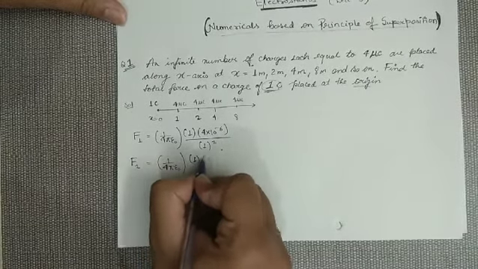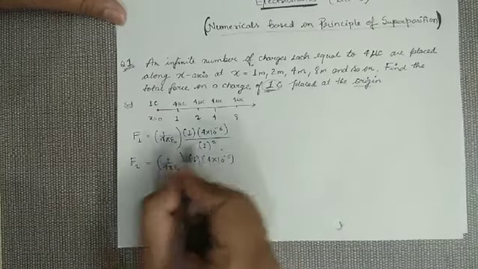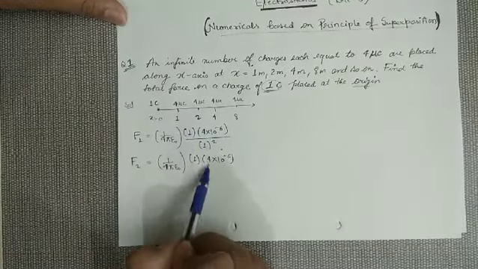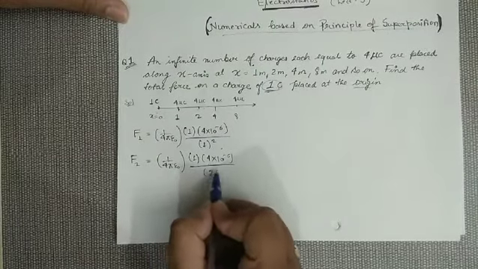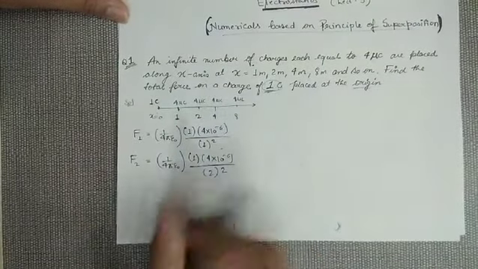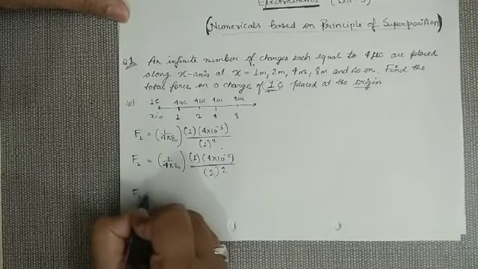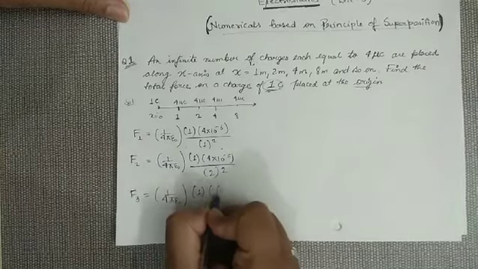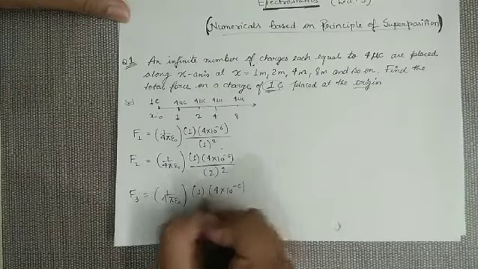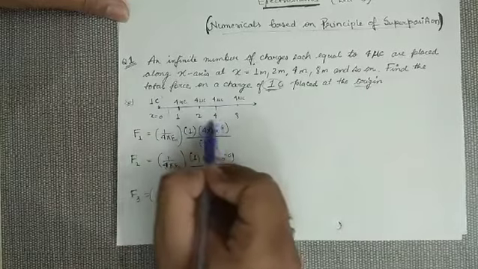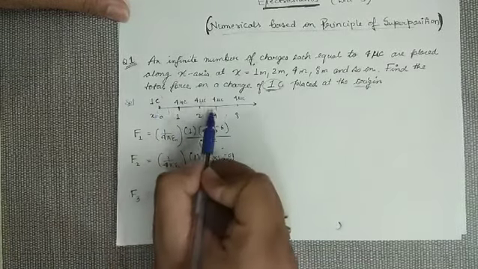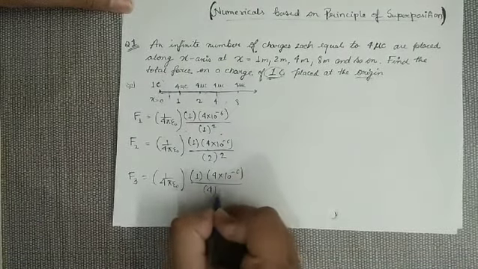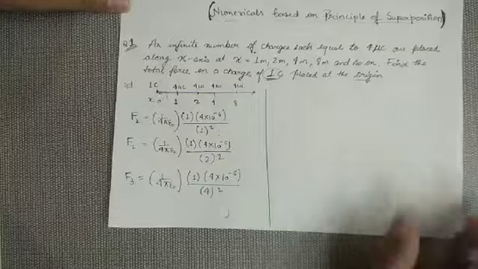first charge is 1 only, second charge is also 4 into 10 to the power minus 6. Now this time I am taking these two, origin and x equals 2. These two are taken here. So the distance will be the square of 2. So the third one will be, this time this charge and this x equals 4. This is x equal to 0. This is x equal to 4. So this complete distance is equal to 4. So the square of 4. And so on, you can take many more.